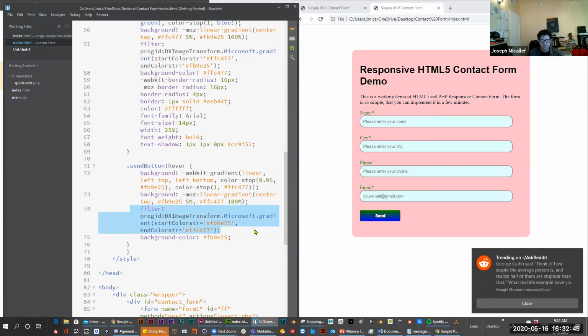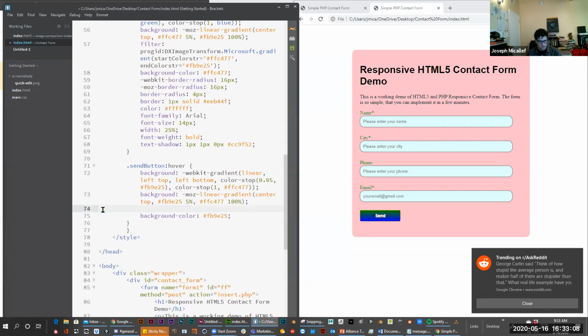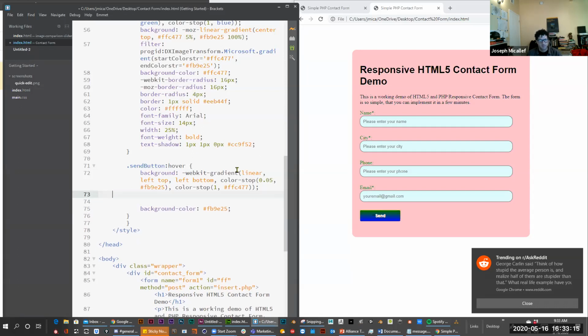And this is for the hover too. So when I hover over this, see how it changed color from green, blue to orange, white? It's because I have a gradient that goes right here in this background. And see how this filter has the same numbers here? Because basically it's the fallback for Microsoft. But if I get rid of this, it still works, right? And then even if I go even further, if I get rid of this one, and if I get rid of the WebKit,